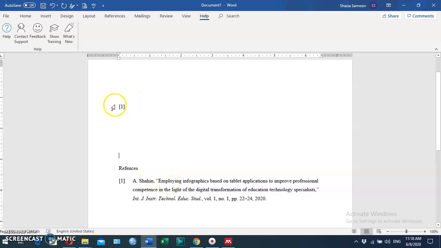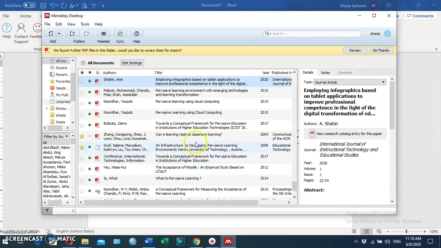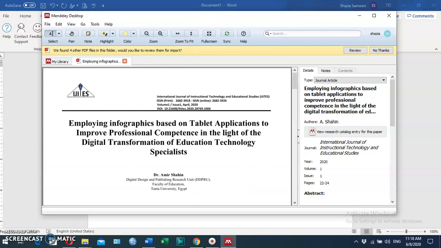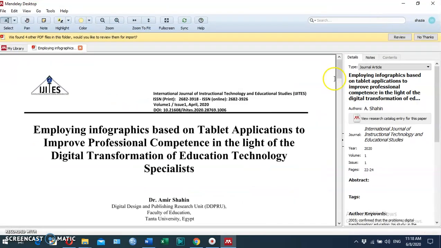If we want to add a specific reference that I would like to rephrase into my own words, go through the articles that I have added. Click on the Mendeley. Click on this to show the article. Here we have the article shown.